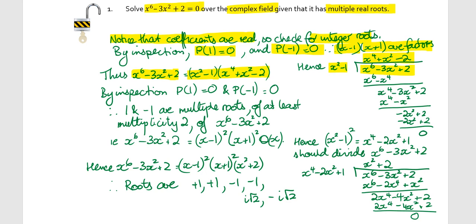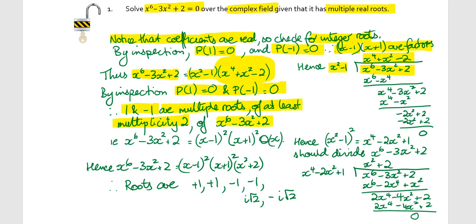Now, if we look at this part, what we can see, almost again just by inspection, is that if we let x equal 1, then this would equal 0, and if we let x equal minus 1, it would equal 0. So for our second bracket there, the polynomial with highest power of 4, p of 1 is 0 and p of minus 1 is 0. So that means that 1 and minus 1 are roots of x to the 4 plus x squared minus 2, and in fact they are multiple roots, because